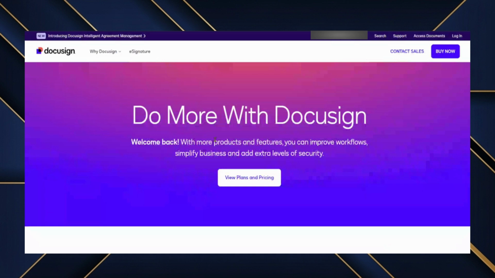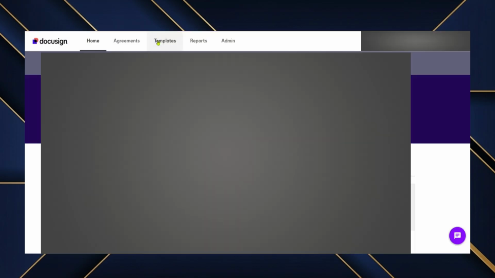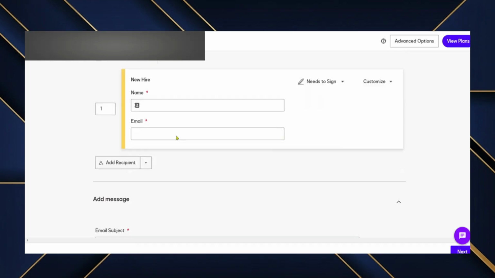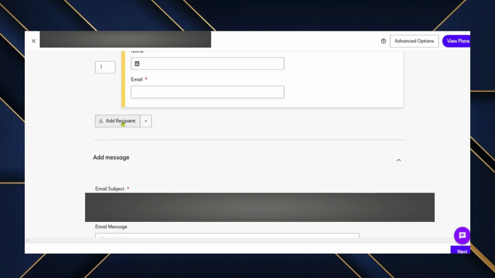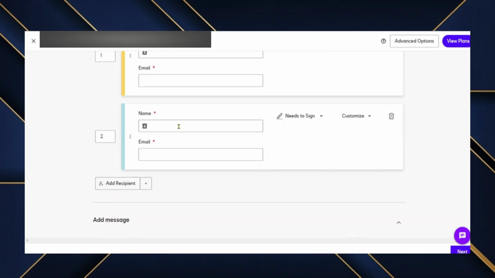In this video, I'll show you how to add recipients in Docusign using a simple and practical approach that works for most users. After logging in, open your document and click Continue to move into the Sending Setup screen. Here, you'll find the option to add recipients by entering their email addresses and assigning roles like signer, viewer, or